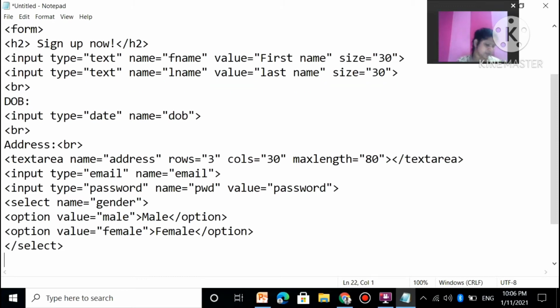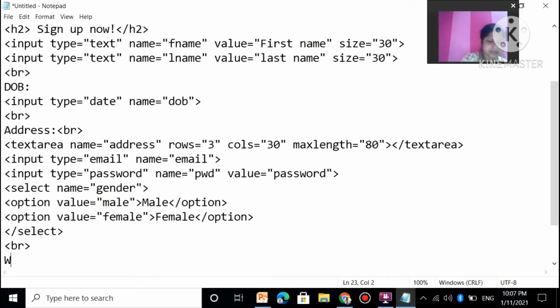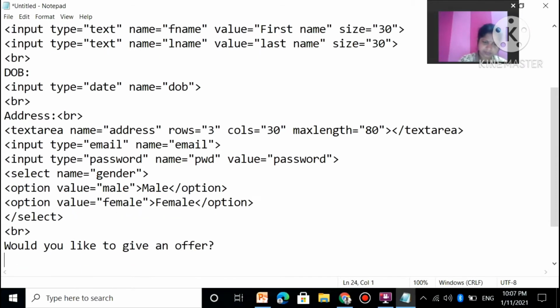After that, what is, would you like to be notified about your offers? Okay. So here one BR give. Then type the line. Okay. Then next two are radio button. Previous class I told you. So for radio button, what will be the input type? Type is equal to radio.